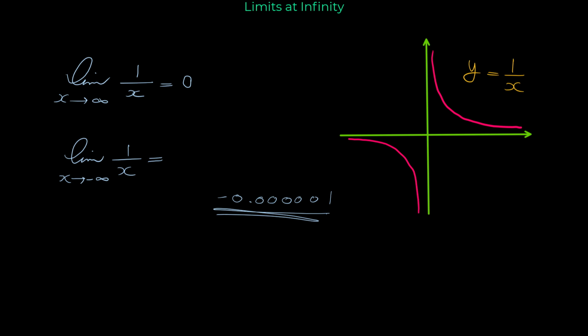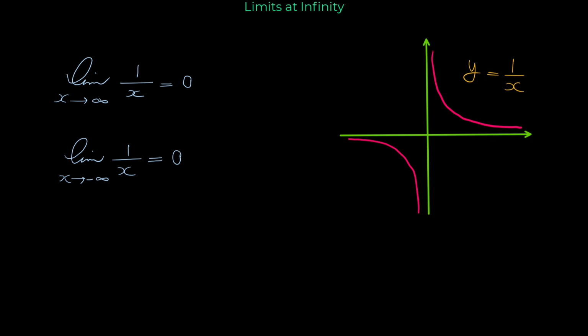So this suggests that this limit when x approaches negative infinity is also 0, which completely makes sense. When we have a fraction and the denominator of the fraction becomes larger and larger, the value of that fraction approaches